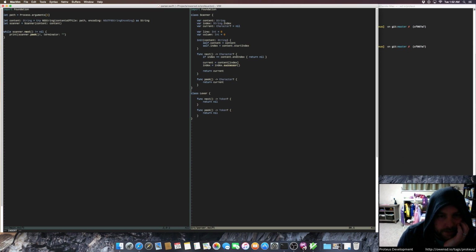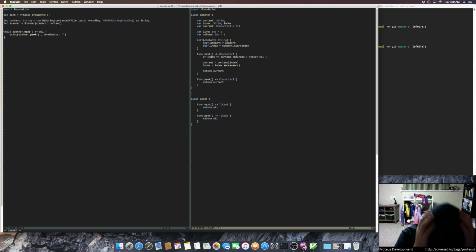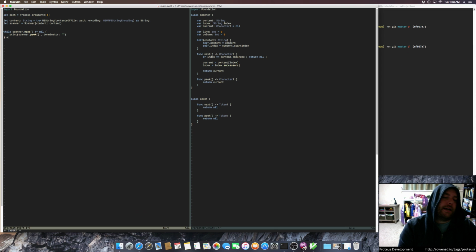All right. Now, our tokens. So we can either make them enums, right? Because there's going to be different types of tokens. So if we look back,